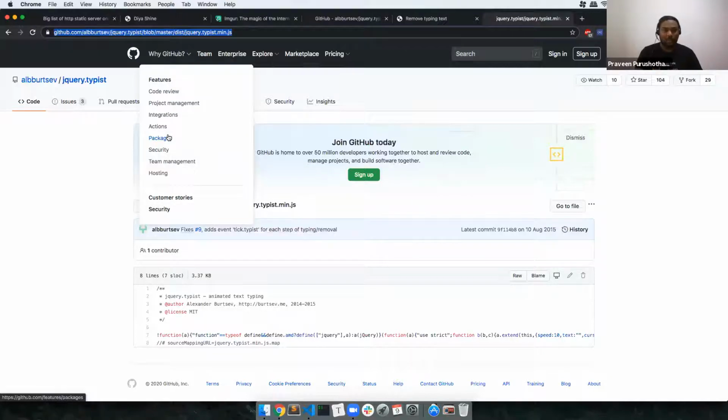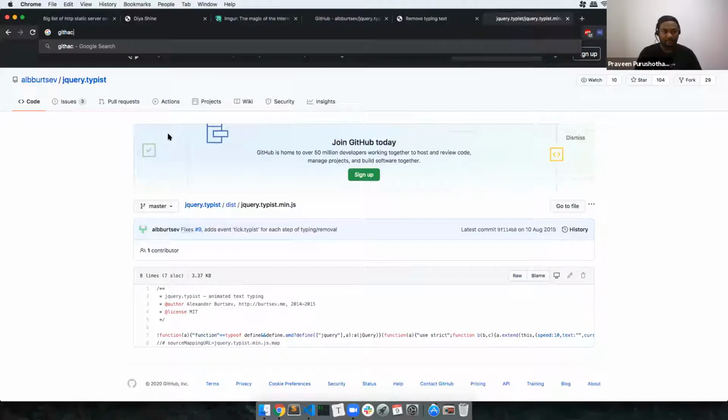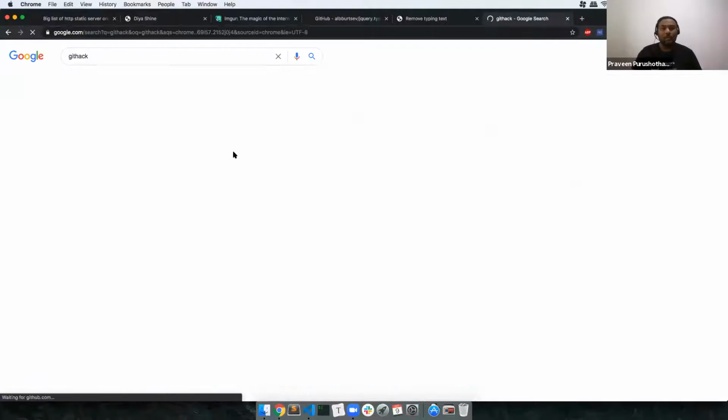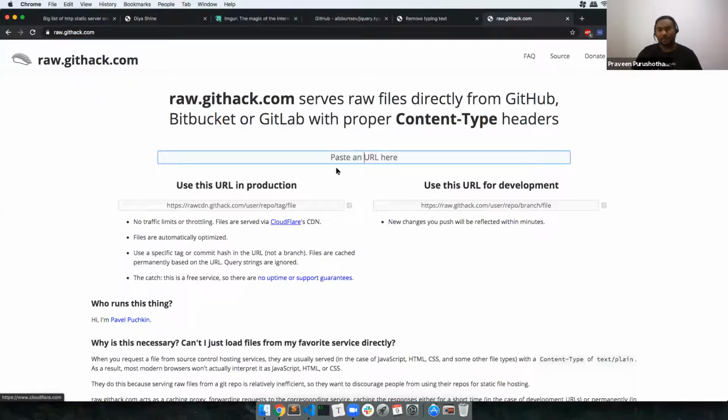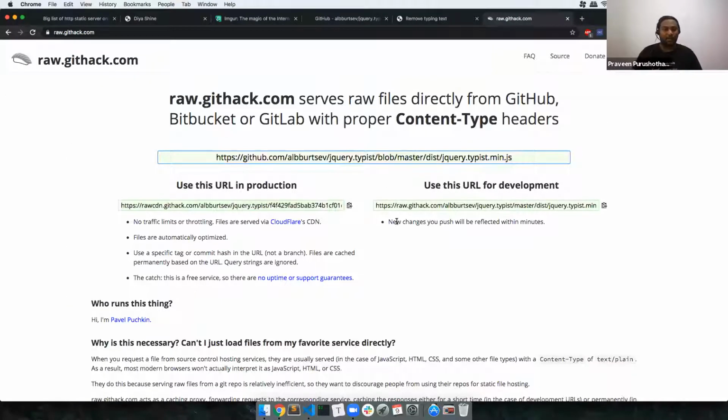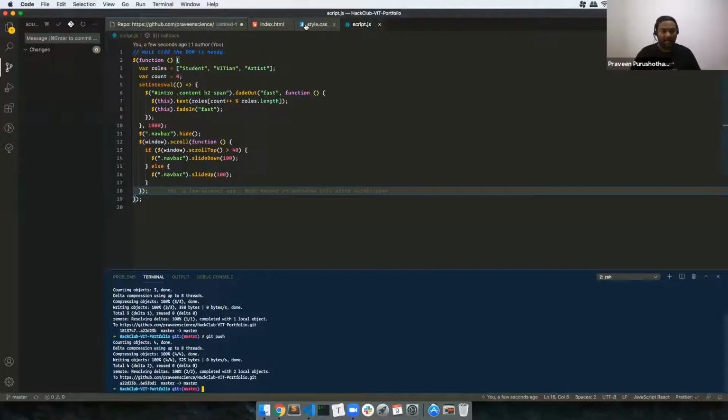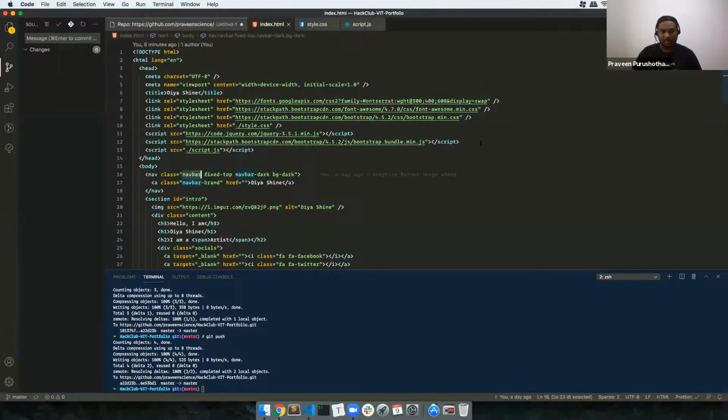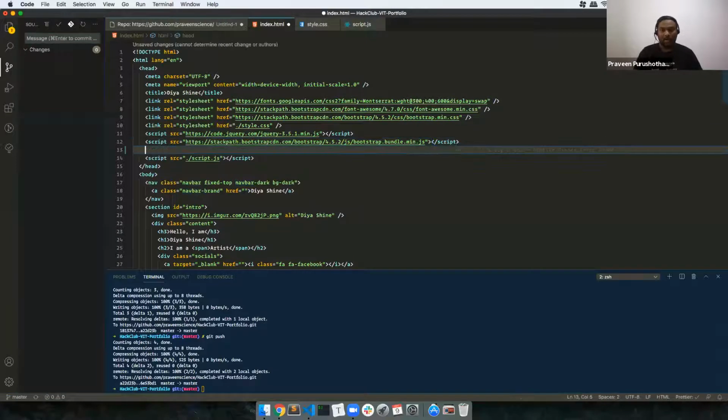There is a site called GitHack, which serves the raw files from a GitHub repository in the right way. We are always going for the production one. So let's copy this and add it to our HTML document. We always need to add our custom scripts after the framework scripts.